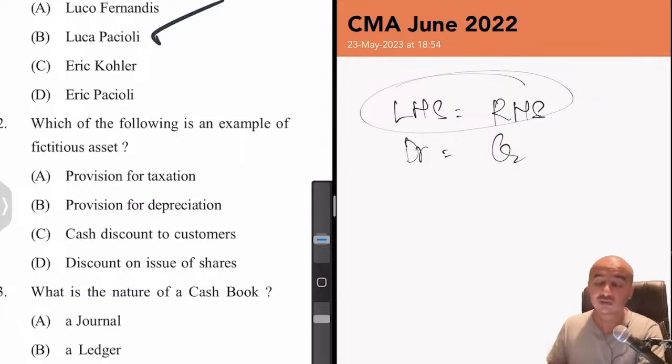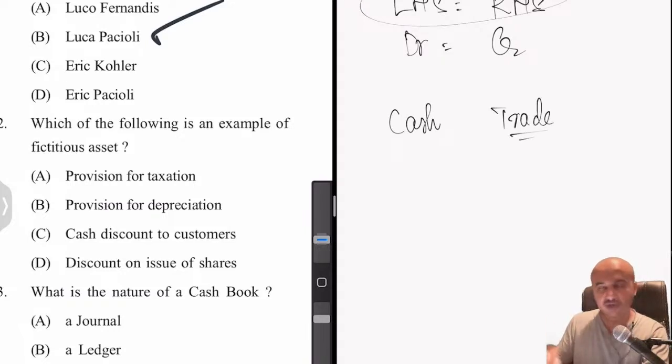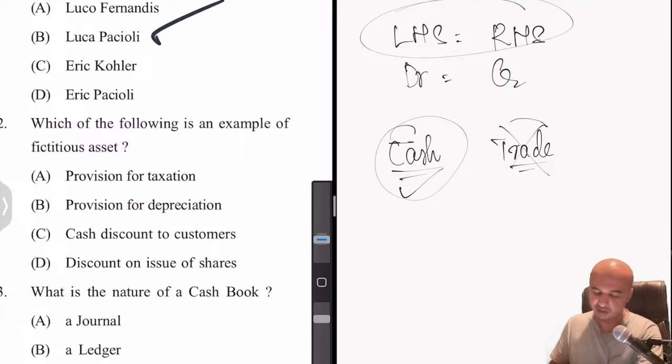Oh, trade discount will not appear, sorry. Cash discount will appear, but again it is not an asset because it is not a fictitious item. It is an expenditure. Of course, I'm sure you know the two different types of discounts, cash and trade. Trade discount is a discount which you get even before you purchase. Cash discount is a discount which you get after the purchase, or you may give it. Either you are allowing the discount or receiving. Whether or not you are allowing or receiving, only cash discount will appear in the books. Trade will not appear. So this also is not something which we find in the balance sheet.